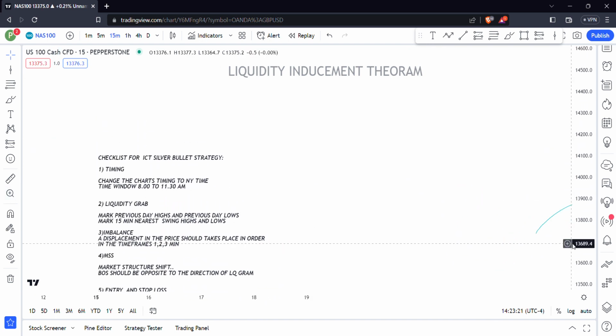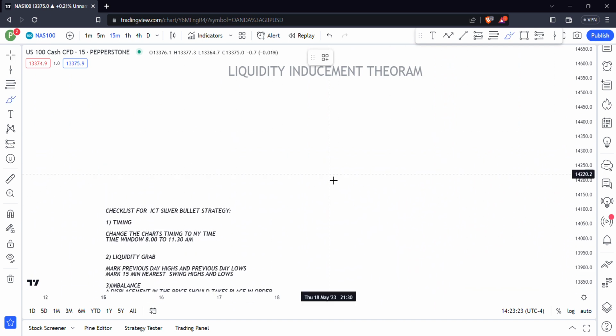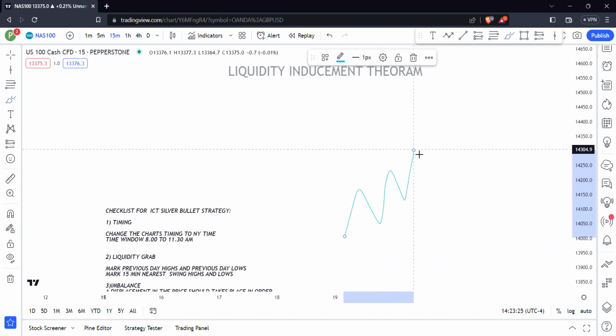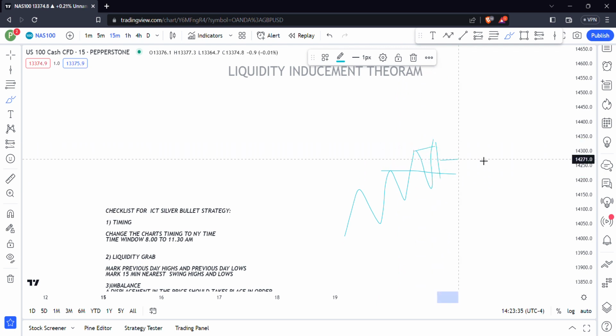See, the normal structure will look like this, higher highs and higher lows. But when it comes to knowing whether it's an inducement or a liquidity grab, we should see a huge gap of imbalance in this leg. There should be a huge imbalance. If there is a huge imbalance, then we can be sure it's ICT's liquidity grab, and then we can sell. We can sell from here and target this trend line liquidity.